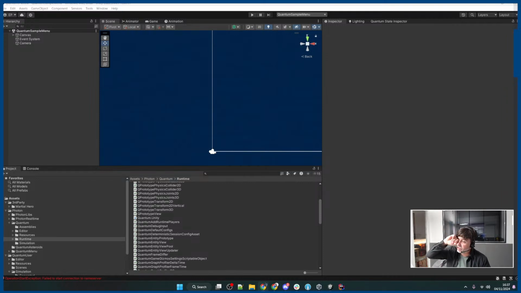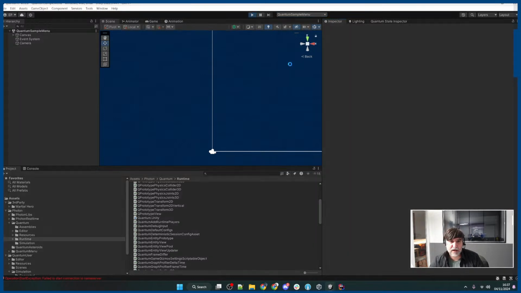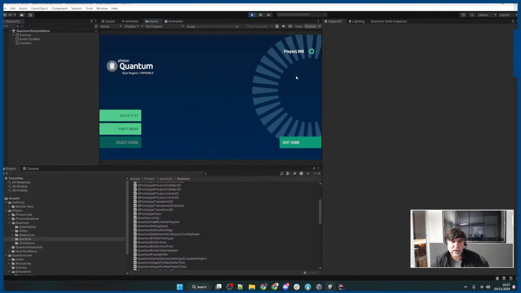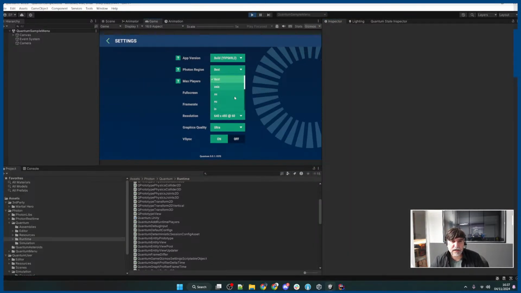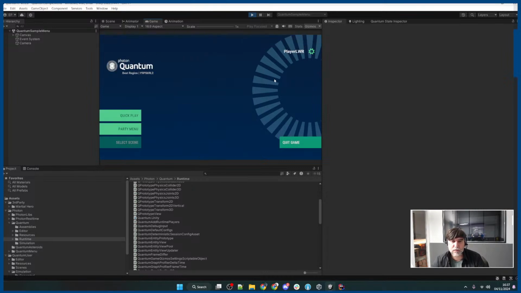Let's check this one later because it doesn't click to me why it is saying unsecure. If we're using our menu, it allows you to go here and select the region. If we're not using our menu,